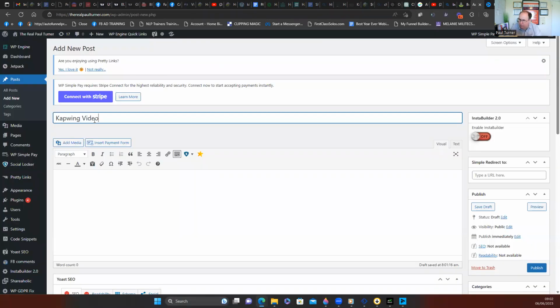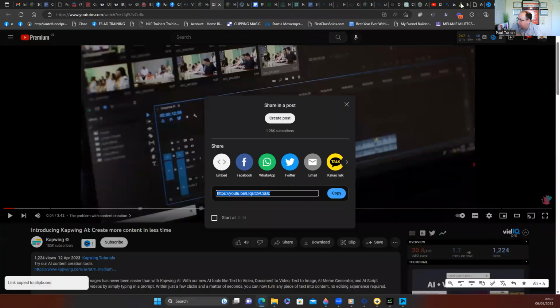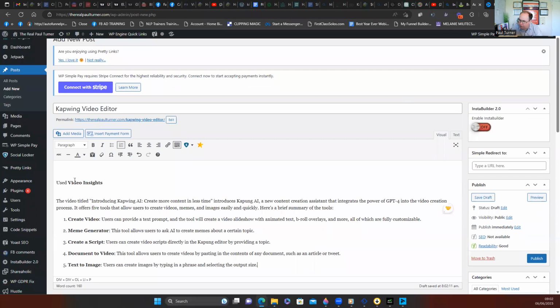And Catwing video editor. Now, I'll leave a space for the video. I'll put that in there. I want to put the actual video in, of course. So I'm going to copy that share code again, come back to my blog, and put that in there.